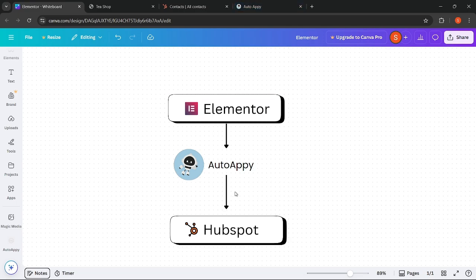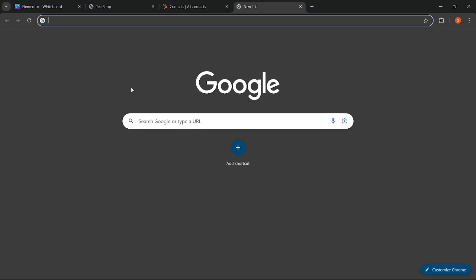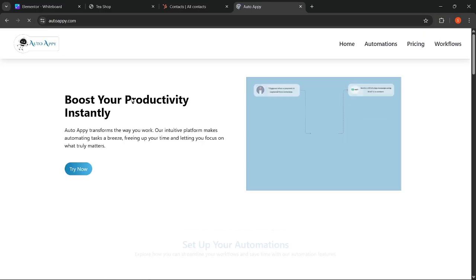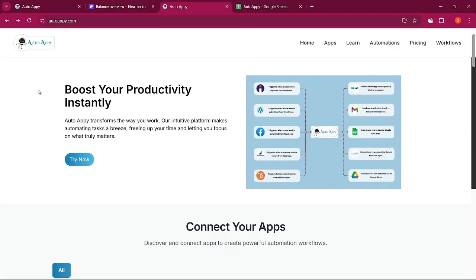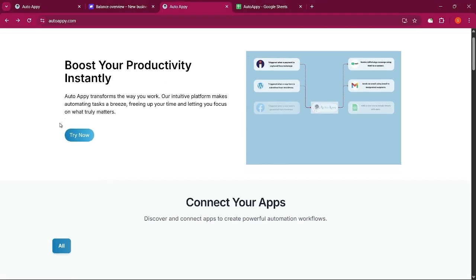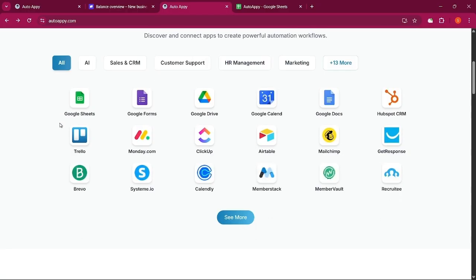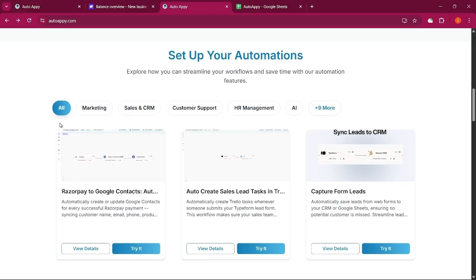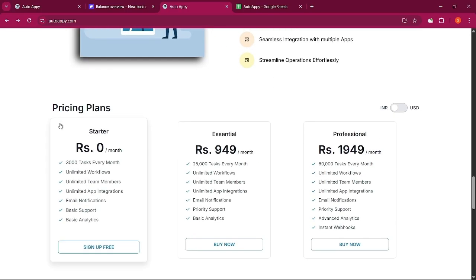Okay. Now, without wasting any time, just jump on a new tab, AutoAPI, click the AutoAPI, enter it. So this is the landing page of AutoAPI where you can find multiple sections. In this section we provide a list of applications, so you can use these applications to build a powerful automated workflow. If you scroll down, you get multiple ready-to-use templates to boost your businesses also. And then here you can find a pricing plan